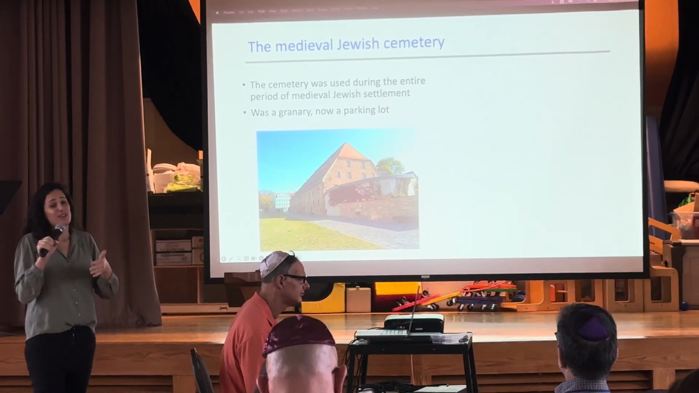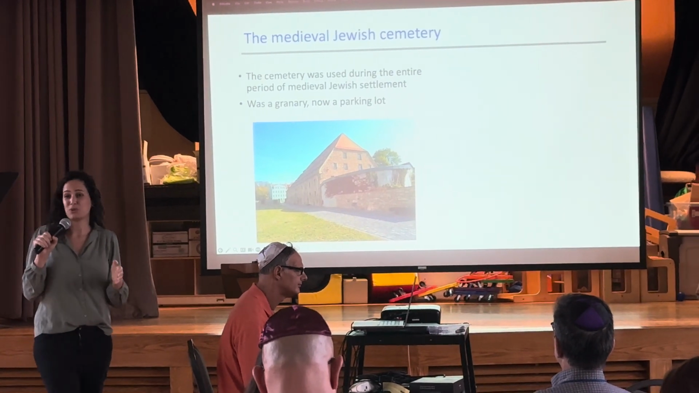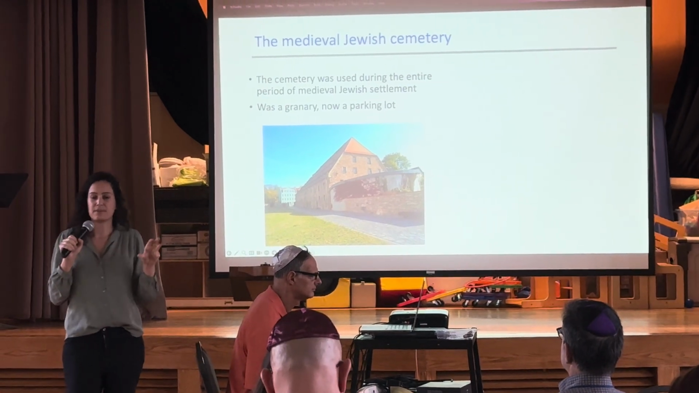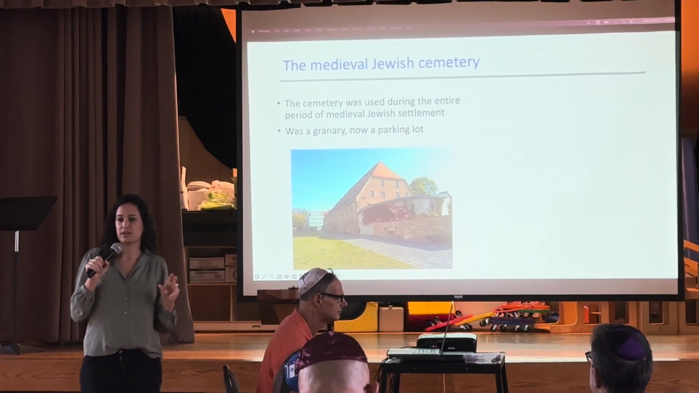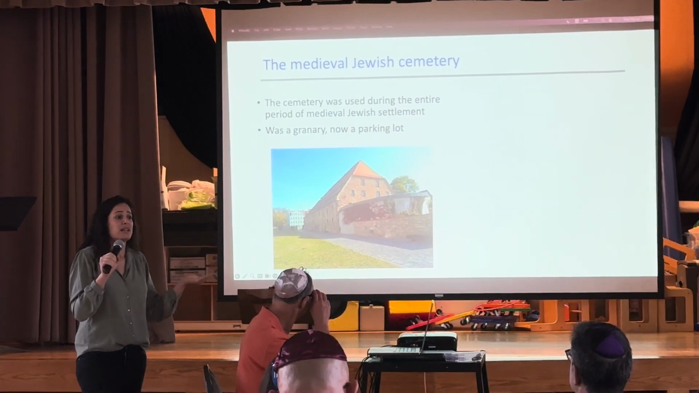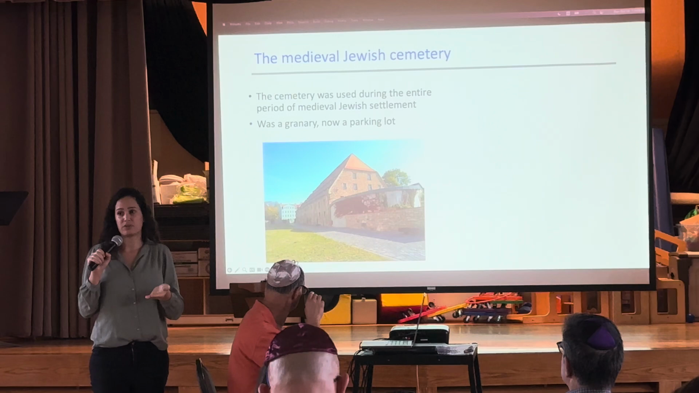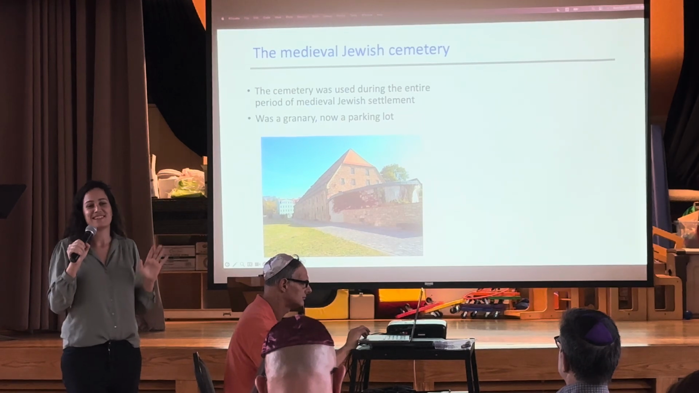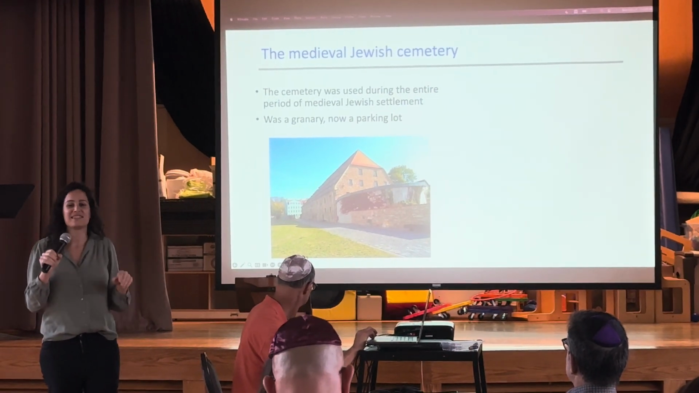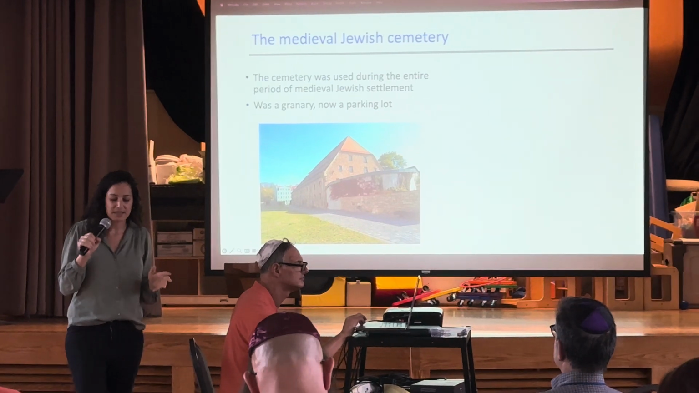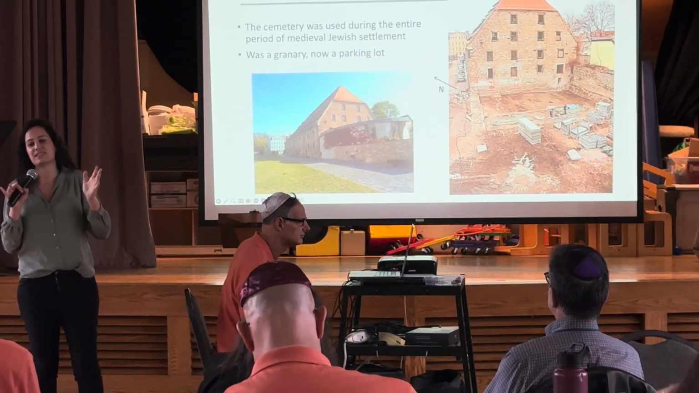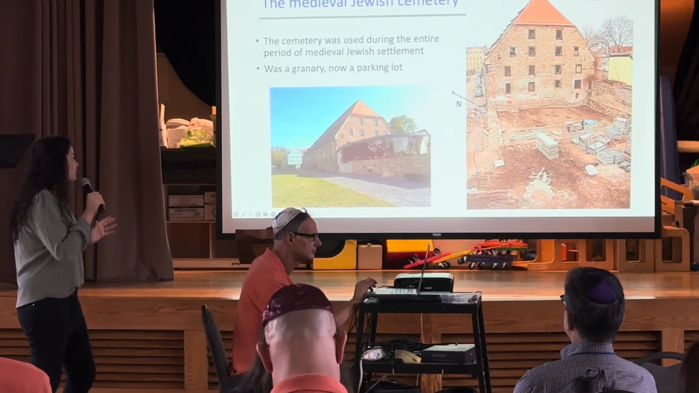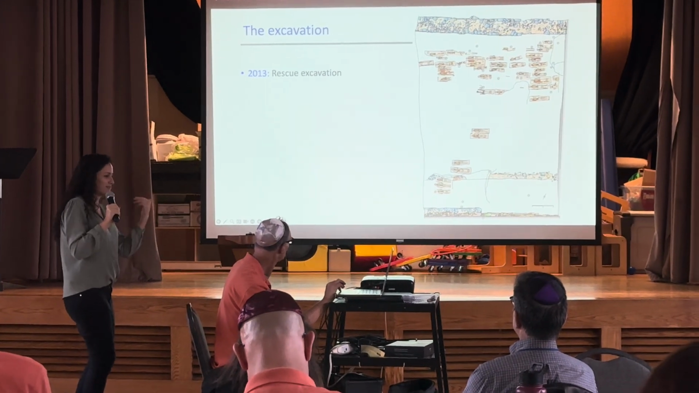Okay, so during all of this time of the medieval Jewish communities in Erfurt, Jews buried their dead in the same cemetery, the medieval Jewish cemetery in Erfurt. And after the Jews were expelled from Erfurt, a granary was built on top of the Jewish cemetery. And this granary just stood there until something like a decade ago. They decided to convert this granary into a parking lot. So in order to do that, they wanted